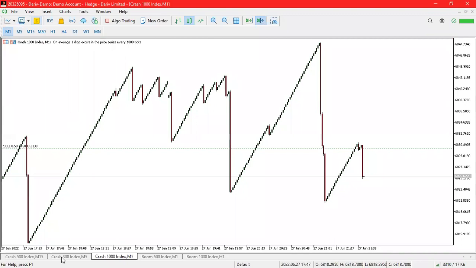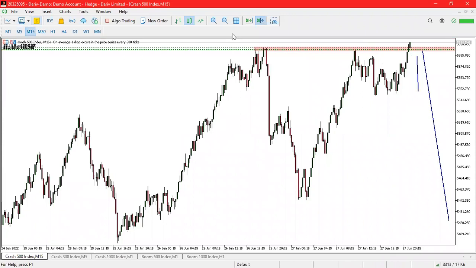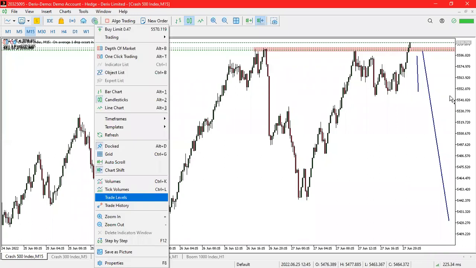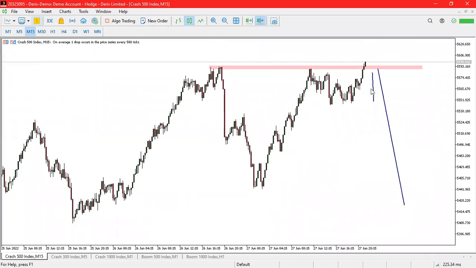Let me show you some magic. Crash 500. You see, it acts like it's pushing up. This is not a push up. It's not going to be pushing up. So far it's just kicking out many people. This is how we enter trades, guys. Don't be surprised. As long as we see our level is very strong and sensitive. Remember, I used the 15-minute time frame. Let's do these 3 levels. You see, everything is clear there.